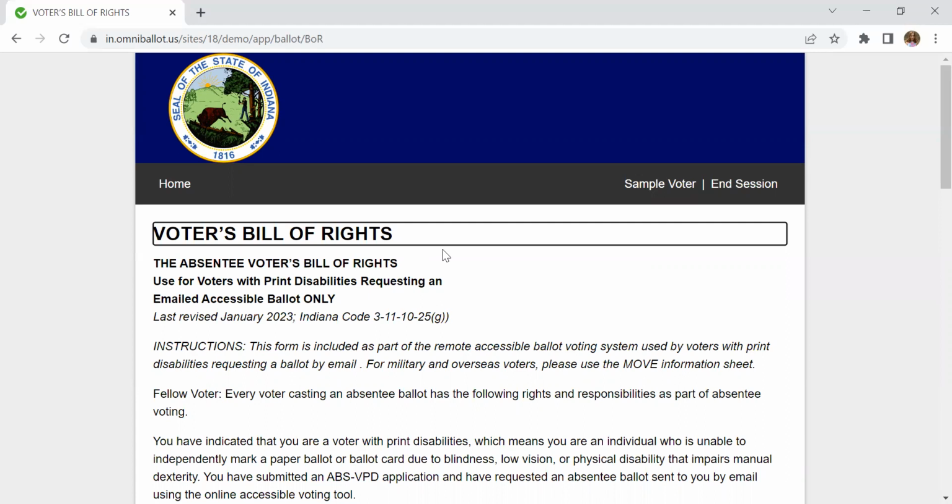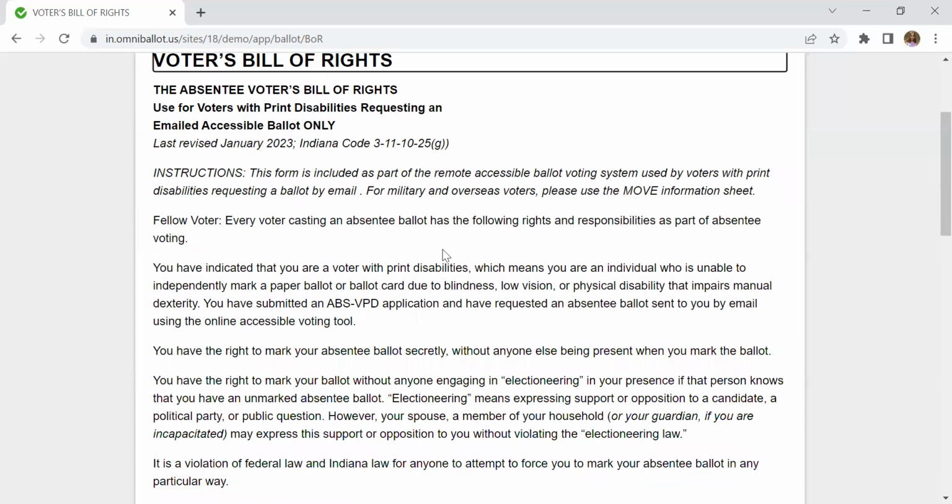Fellow voter, every voter casting an absentee ballot has the following rights and responsibilities as part of absentee voting. You have indicated that you are a voter with print disabilities, which means you are an individual who is unable to independently mark a paper ballot or ballot card due to blindness, low vision, or physical disability that impairs manual dexterity.